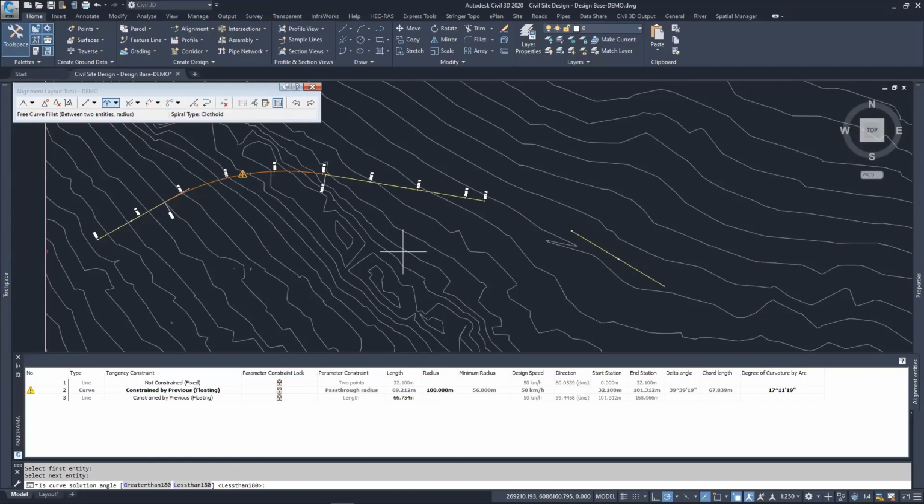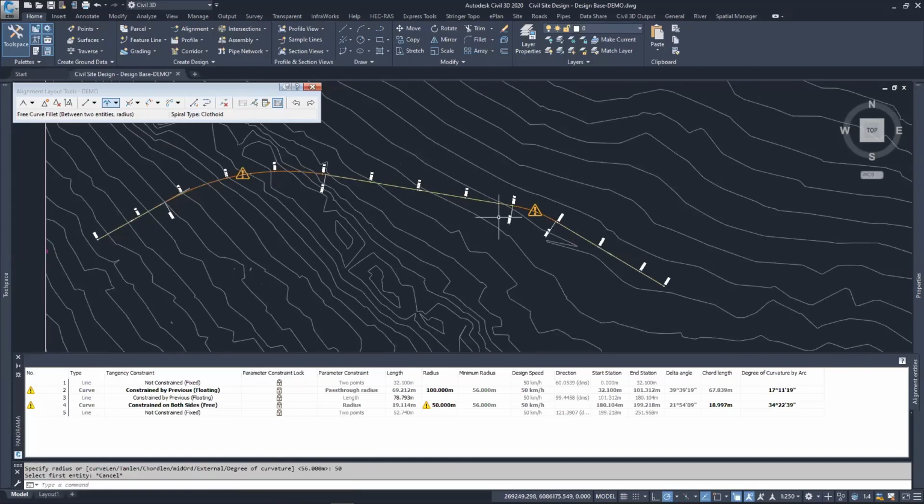We'll go with less than 180. And for this one, I'm going to put in 50 meters. So this 56 pops up again as the default, and I'm going to put in 50 meters. And so we've got a curve here with the radius of 100 and a curve here with the radius of 50 as